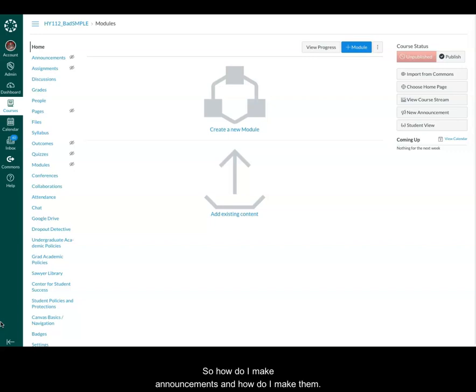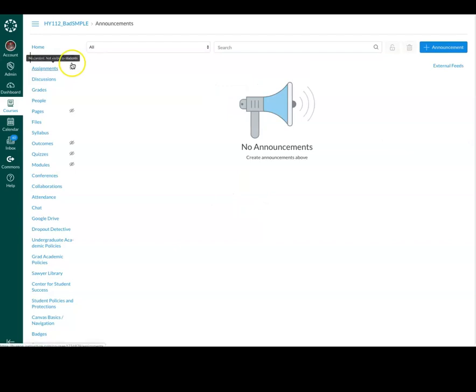So, how do I make announcements, and how do I make them easy to manage on my end so that my students can get the information they need and get the contact from the instructor? First, I go to the announcements link on the left-hand panel of my Canvas shell. And you'll notice I'm using an empty shell, but it works for any shell. You'll notice that in announcements I have all and I have plus announcements. So I'm going to add my announcement,